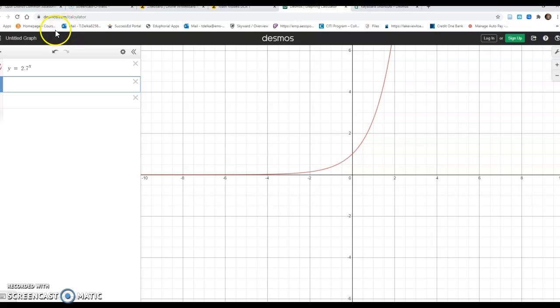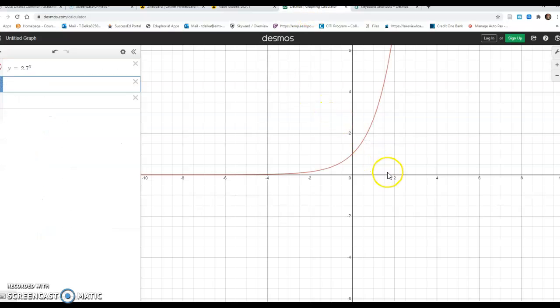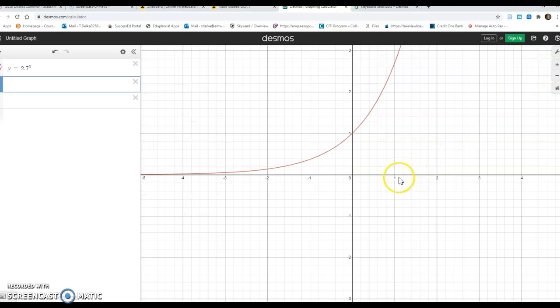Okay. Then it said X is 1, Y is 2.7. So let's go look. Here is 1. And we could even, if I can find that, yeah, we can zoom in a little bit. Okay, so 1 to 2.7. Look,